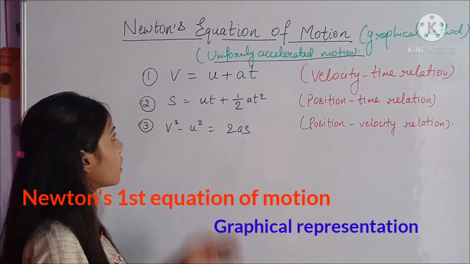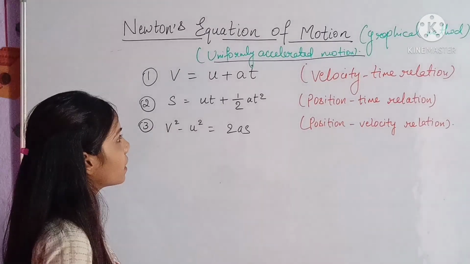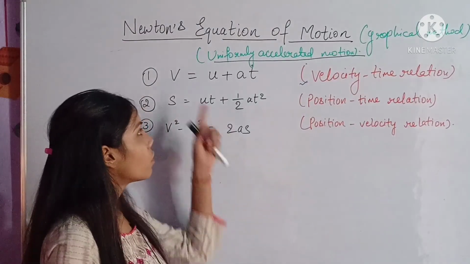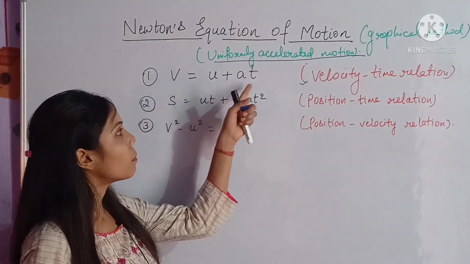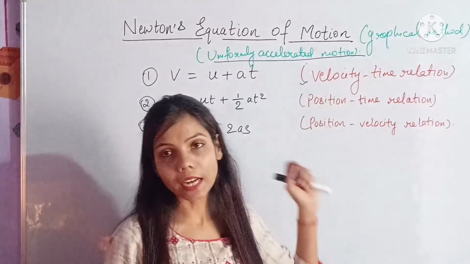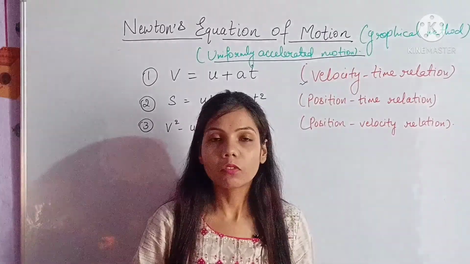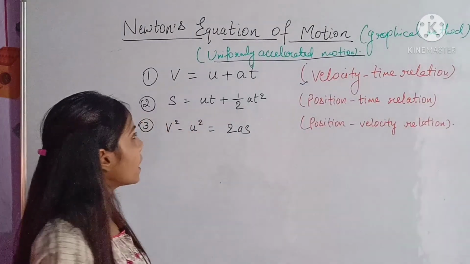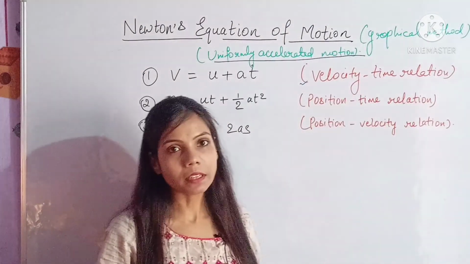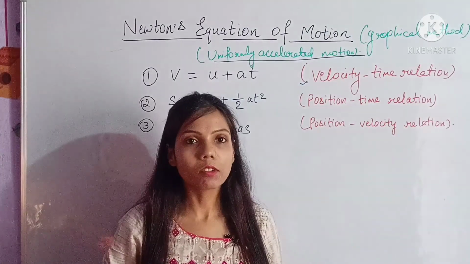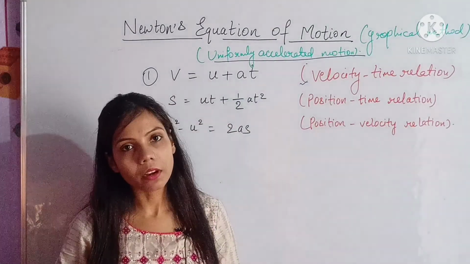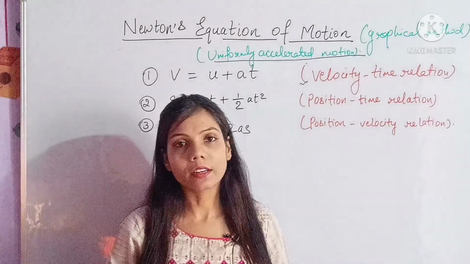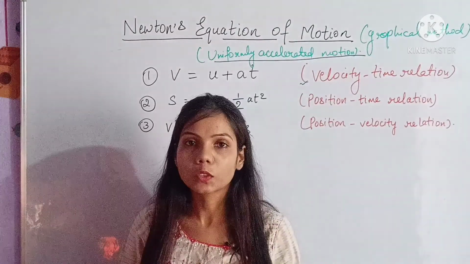First equation is v is equal to u plus at, which is also known as velocity time relation, because from this equation we establish the relation between velocity and time. So very often the first equation of motion is also known as velocity time relation. Second equation is s is equal to ut plus half at square. This equation is also known as position time relation. And the third equation is v squared minus u squared is equal to 2as, which is also known as